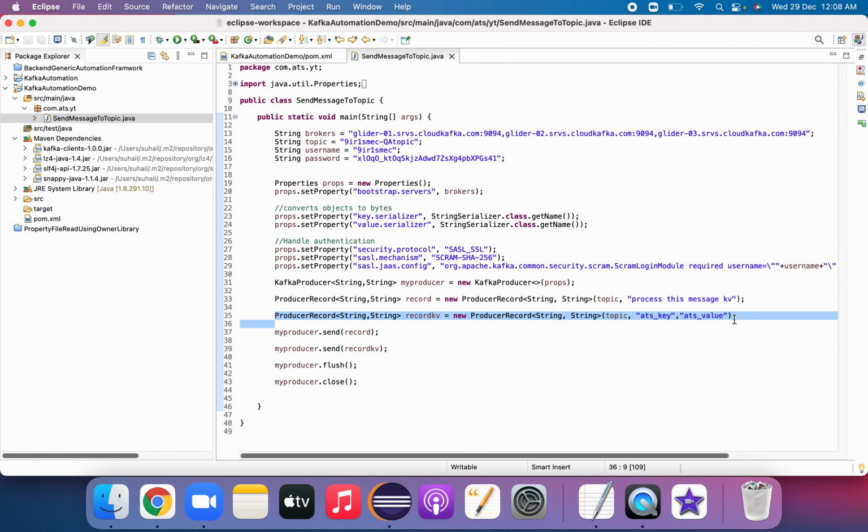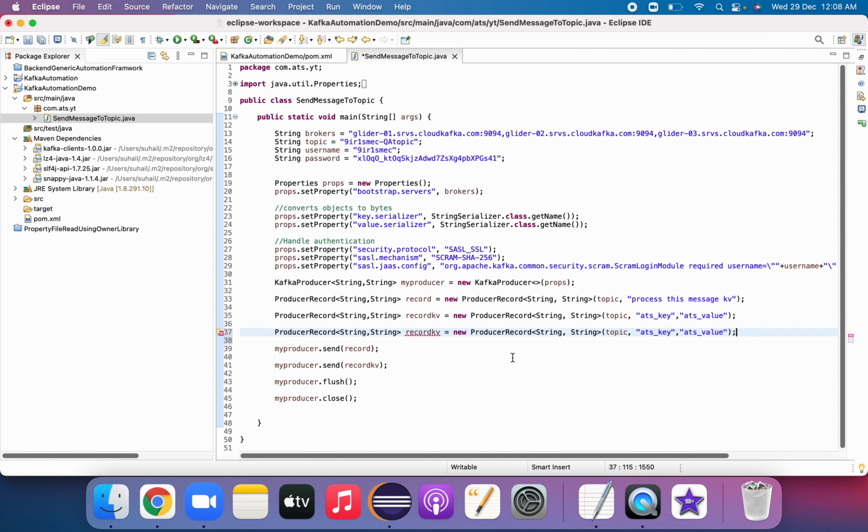We'll copy this record and try to send it to a particular partition. I'll name it record P, and similarly we have to send this record also. This producer record has a different method: if you have to pass a particular partition number, you can pass it as the second argument.